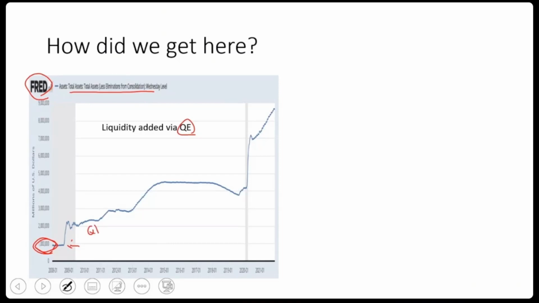Then it undertook quantitative easing 1, quantitative easing 2, quantitative easing 3, and then there was Operation Twist, all those things that pumped in liquidity. Just before COVID hit, the Federal Reserve basically had about 4 trillion, just slightly more than that. So it effectively quadrupled liquidity from 1 trillion to 4 trillion right before COVID. And that was basically to try and combat what we call the effect of the crisis, the potential for deflation, even depression and such. Look how they reacted because of COVID.